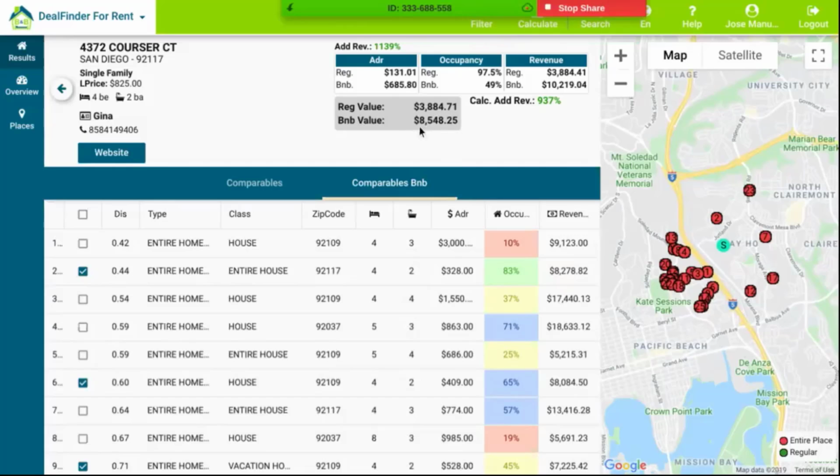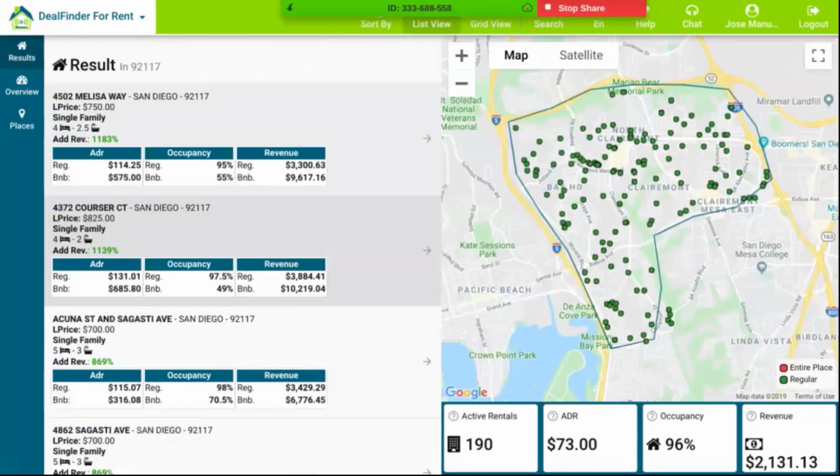You can be making 8,500, and remember that the regular rental would be $3,800 a month. That's the way that we want to make all of this analysis.